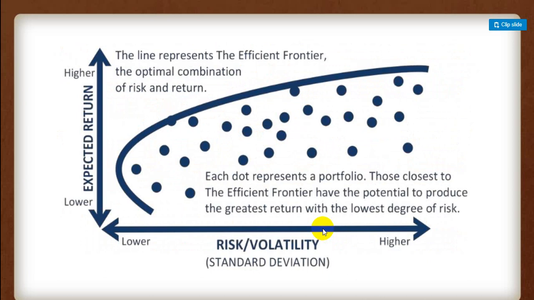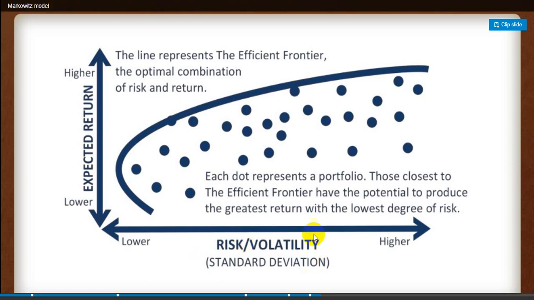As I said just now, even if you have a portfolio, keep it on an efficient frontier. This is where your standard deviation is plotted: risk and volatility, the fluctuation of the shares. The line represents the efficient frontier where the optimal combination of risk and returns happens. So your risk and return fluctuate over here only. Your returns are not going lower.